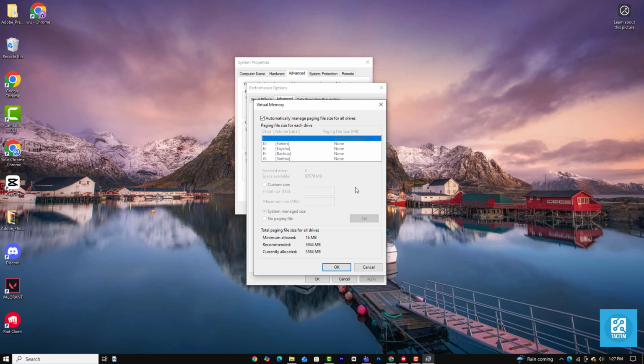By default, Windows manages this automatically. Uncheck the box at the very top that says Automatically manage paging file size for all drives to unlock custom control. Now select your main C drive from the list, click the Custom Size button and you will see two empty boxes below. For the initial size box, type